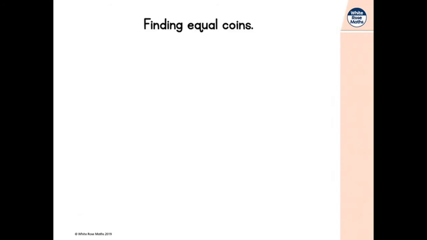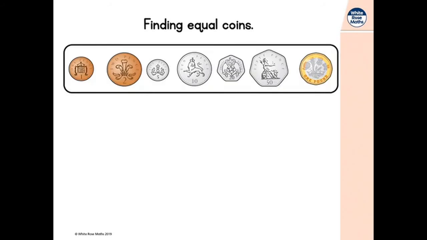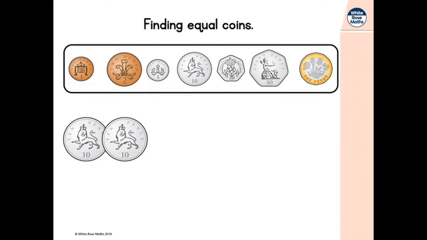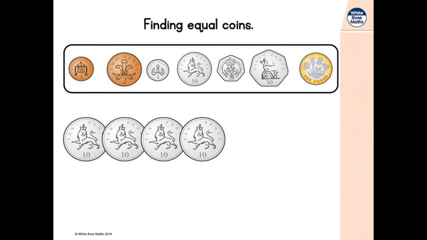Now let's talk about finding equal coins. Here are all of the coins that we have. But sometimes we can put coins together that will equal one coin. Let's take a look. Count with me. 10, 20, 30, 40,